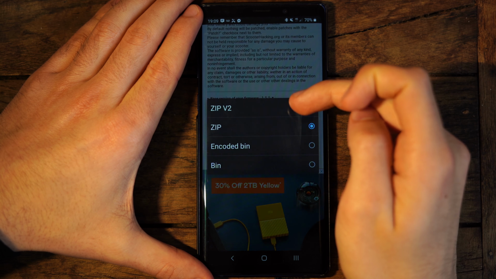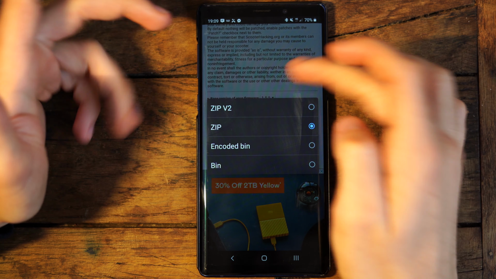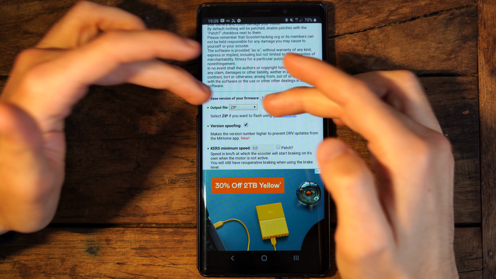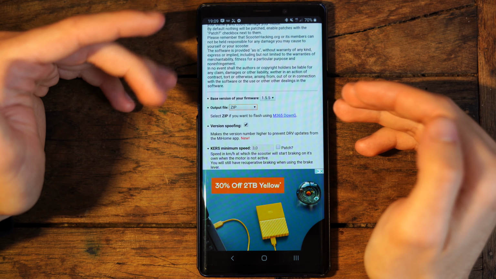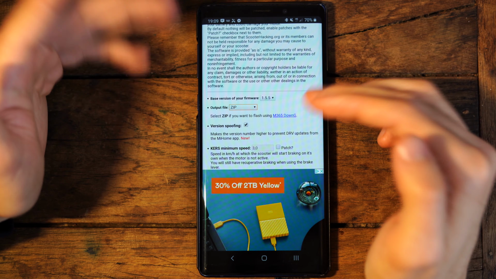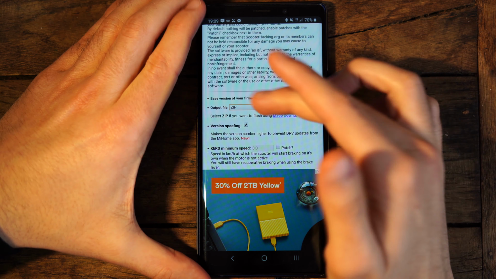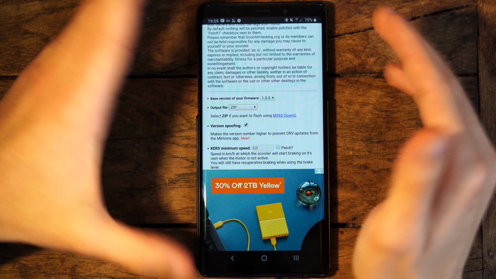Output file, you have the choice between zip, zip v2 and coded bin or bin. I highly recommend using zip because if you flash the firmware with M365 DownG or Shell Flasher, they both use zip files, so you don't have to change it, but you can if you have a specific need, of